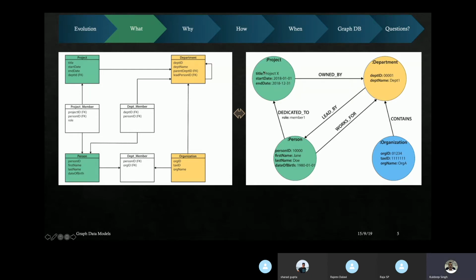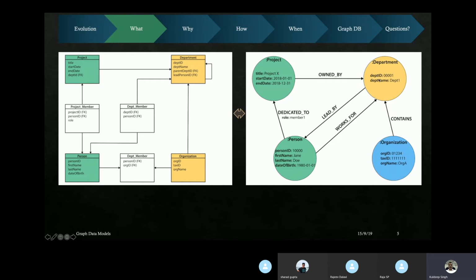So here we see that there are four entities: an organization, a department, a project, and a person. Now in the graph data model, a node is an actual entity in the real world. So person becomes a node, project becomes a node, department and organization are also nodes. And the connection between them, let's say organization contains department, a person works for a department, and